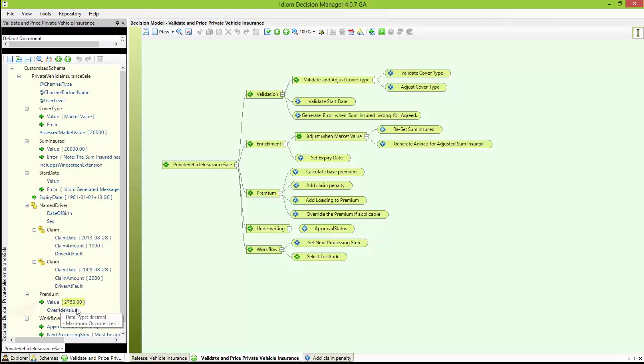Now if I just change that to the claim that is within the 3-year period by another $1,000, we should get $2,800, and sure enough we do. So having added to our decision model with a new decision, built the formula for that decision, documented the decision, retested the model, we just need to deploy it, and that's just as easily achieved